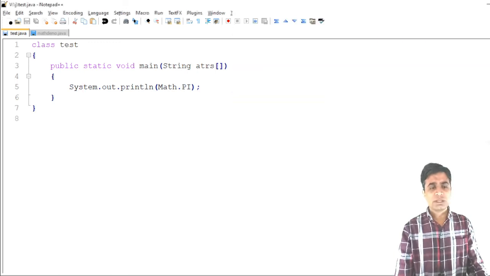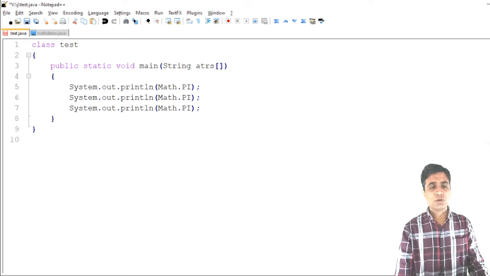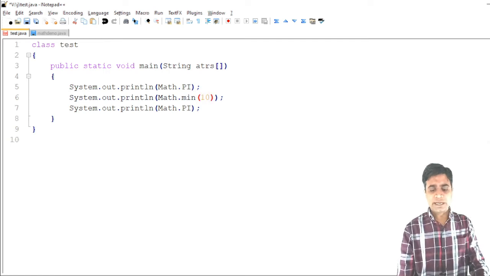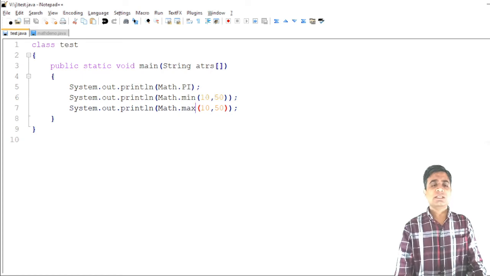Now you can also use different methods of the Math class. I am just copy pasting. Suppose you want to use minimum and maximum, you can directly write the min method, which is part of Math. So Math.min, in brackets write 10 comma 50. If you want to print the max value, just write max here.